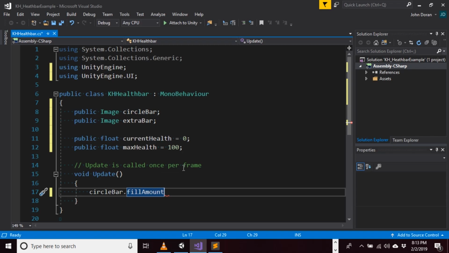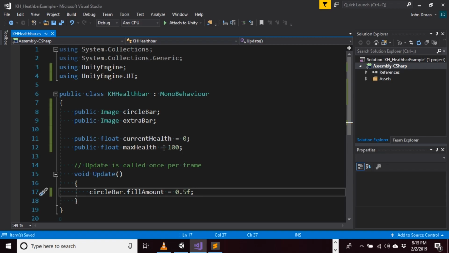So 0 would be don't draw anything at all, and 1 would be fill the entire thing up. So if I say circle bar dot fill amount is equal to 0.5f,